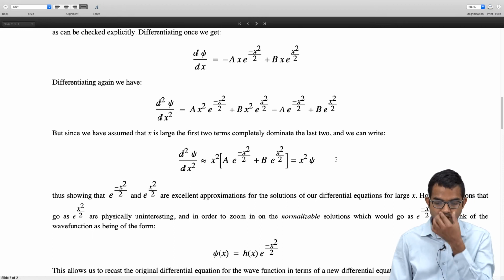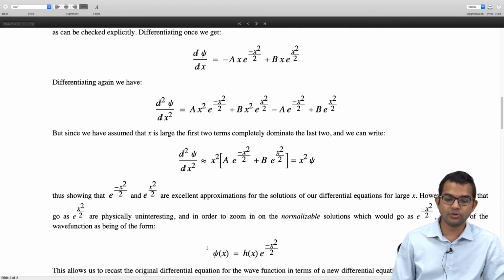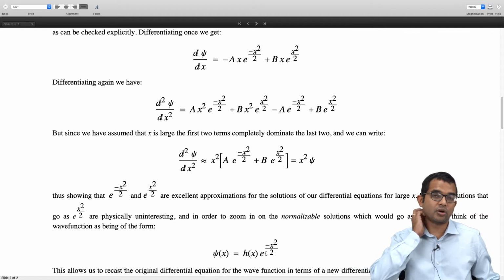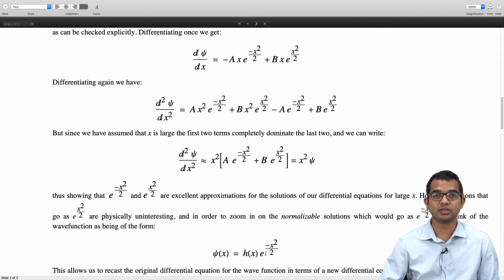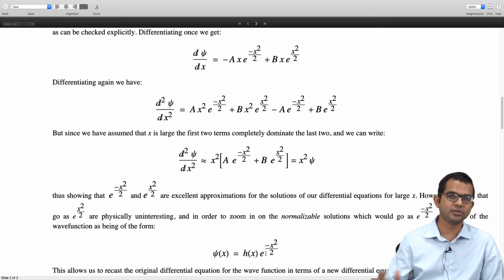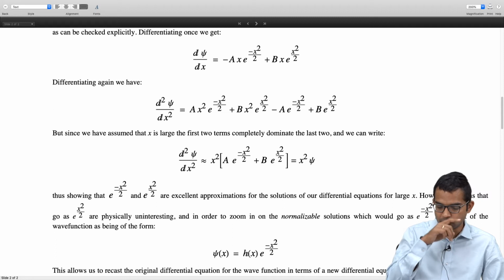So therefore what we do is we look for solutions of this form. Instead of directly searching for the solution of the differential equation for psi of x, we say that psi of x itself will be some function H times e to the minus x squared by 2, which is a kind of peeling off operation. You say that we want e to the minus x squared by 2, this is a desirable type of solution, so why don't we explicitly put this in by hand, right? You could have also done it without doing this, but it turns out that the differential equation that you get in H is a convenient differential equation which we will be able to relate to a standard differential equation. So that's why this is a useful thing to do.